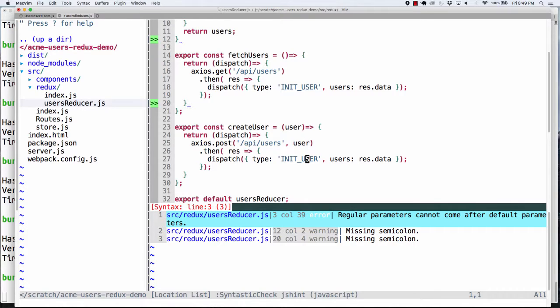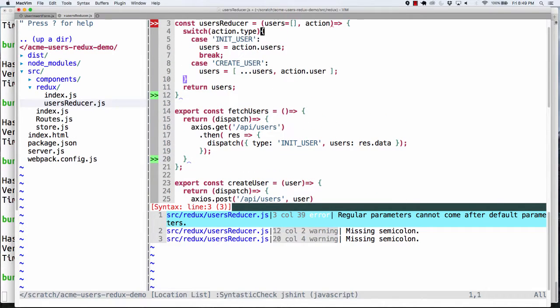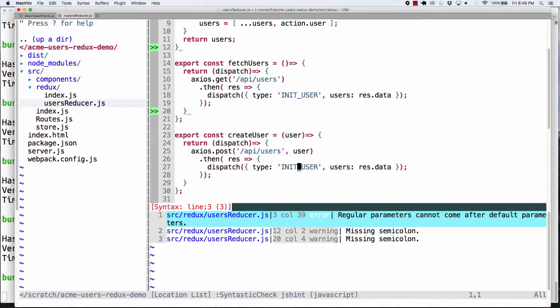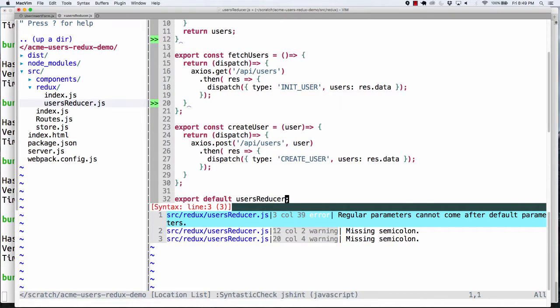And if I get my response, I don't want to call init user. I want to end up calling create user. All right? So now the question comes up, how do I end up passing that to my container